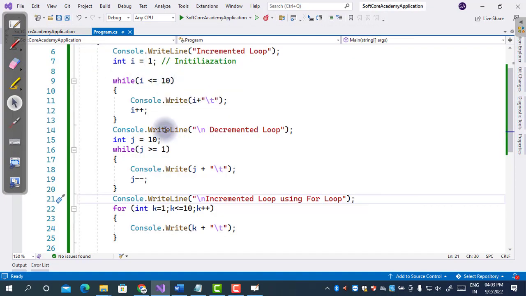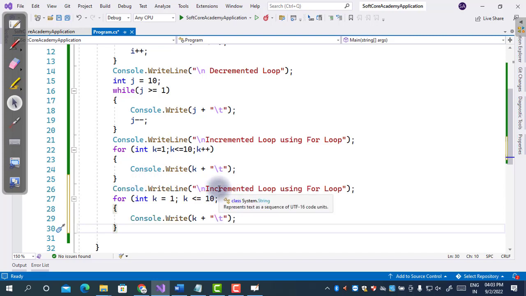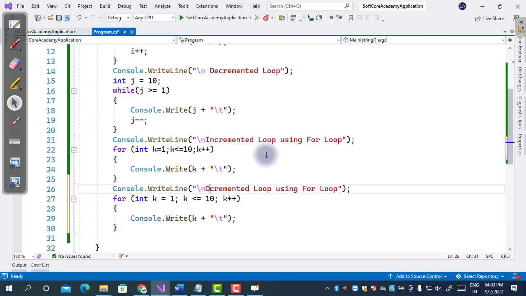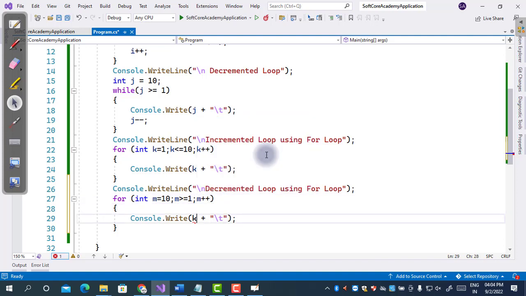In the same way, we can also create a decremented loop using a for loop. Just copy this code and write here decremented loop, and just use this variable m equals to 10, m greater than or equal to 1, and m minus minus.